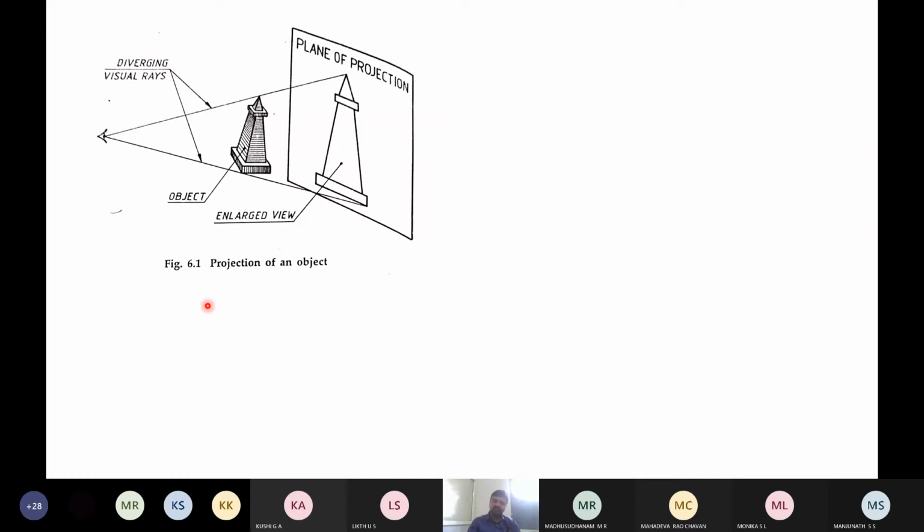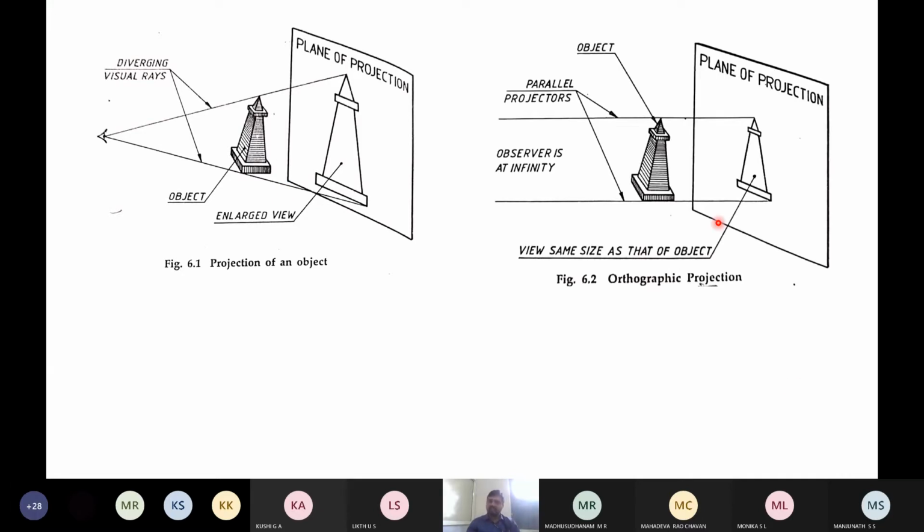Okay, that you can obtain in orthographic projection. Here you can see, but the condition is the observer should be at infinity. When the observer is at infinite distance, then only the visual rays from the eyes of an observer will move parallel to each other. There are n number of rays. Here they have represented only 2. So there are n number of rays from the observer who is at infinite distance. Because he is standing at infinite distance, these rays will travel parallel to one another.